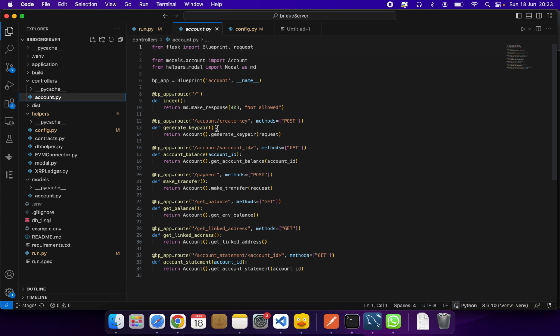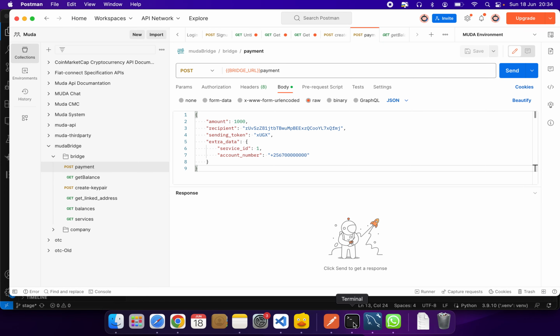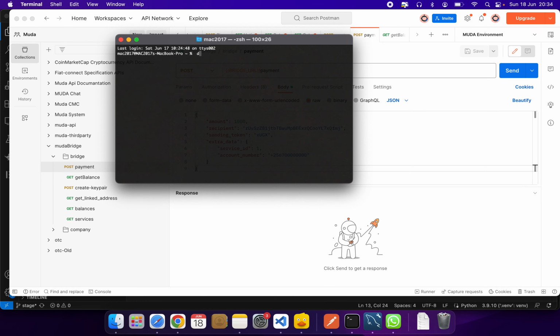As you can see, these are just endpoints. These are endpoints that are going to be called through the API. For example, if I start this service as